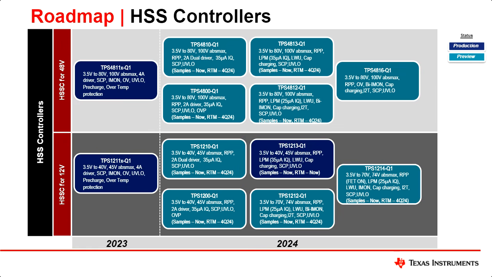Leading to the roadmap, all of these devices that I showed on the screen now are releasing in December. So the 12-volt variants, along with the 48-volt variants, increase our portfolio from 2 products to 12. This is a big jump, and the team is working really hard to push these out. All of the samples are out right now for the controllers. We have EVMs as well, and we have some content planned.